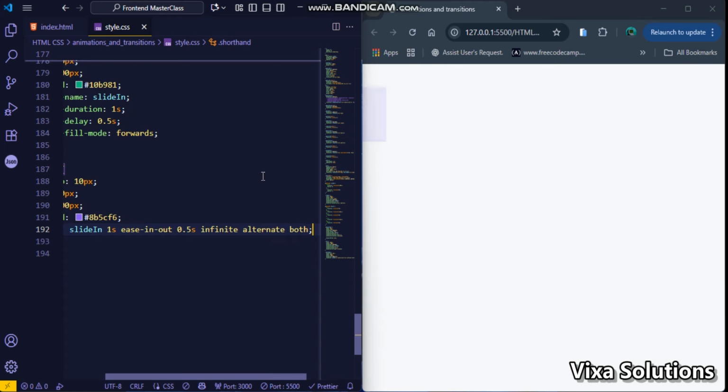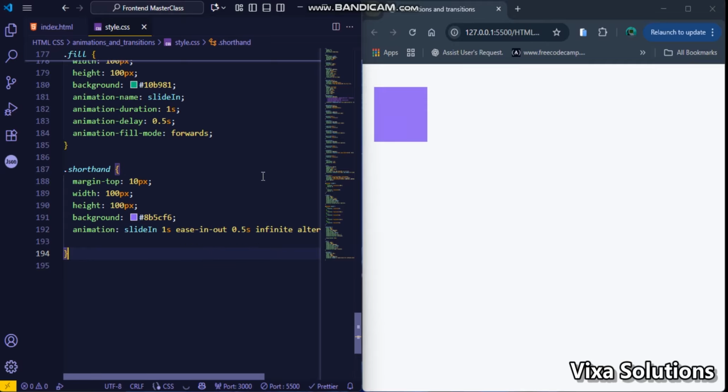Okay, so that's name, duration, timing, delay, iteration count, direction, fill mode, right? Super convenient. So this is the shorthand property. Okay, so this runs forever if you use infinite. Okay,